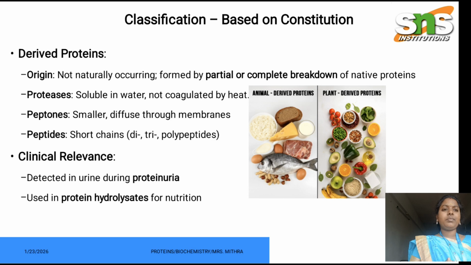And classification based on constitution, the next one is derived protein, and it is not naturally occurring. It is formed by partial or complete breakdown of native proteins, and it is soluble in water. It is in small short chains, with peptide bonds, and includes dipeptide, tripeptide and polypeptide. This derived protein is mainly detected in urine during the disease condition proteinuria, where protein is excreted in the urine, and it is also used as protein hydrolysates for